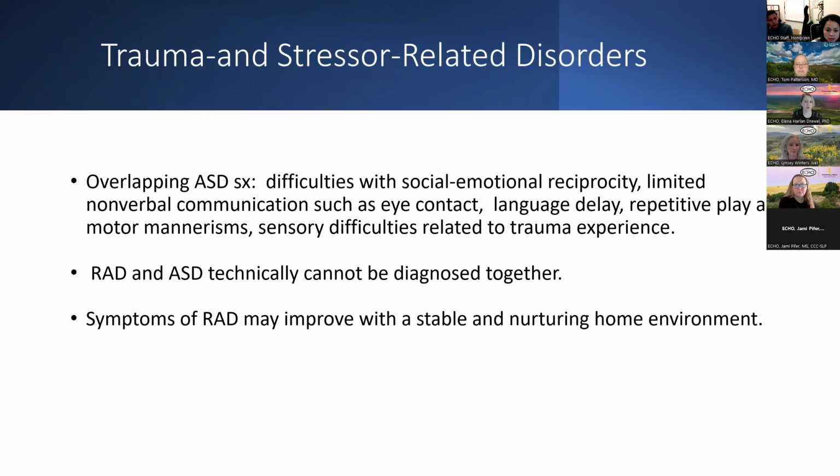One thing I want to mention is if your patient has that history of severe neglect or trauma, this automatically would be a patient that might need more in-depth evaluation by a specialist rather than moving forward with diagnosing autism, just because of the strong overlap between reactive attachment, social inhibited social engagement disorder, and then the PTSD. These are really difficult diagnoses to tease apart. So it's important maybe to refer on. So next slide.